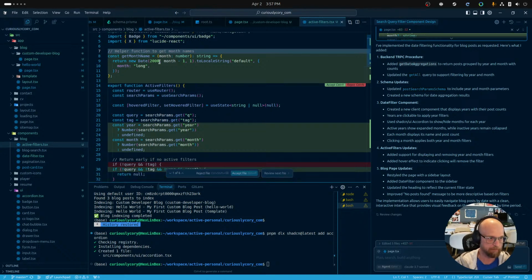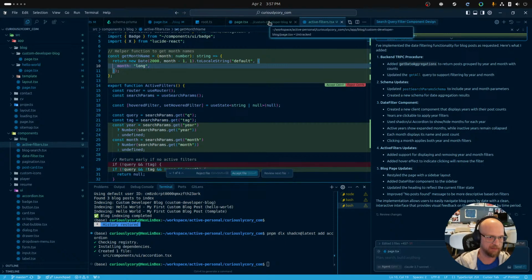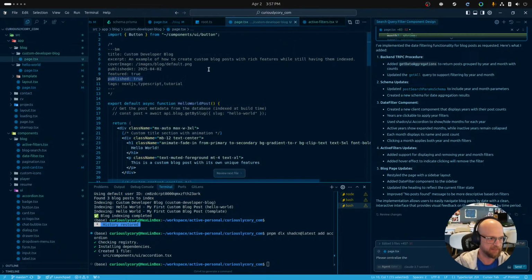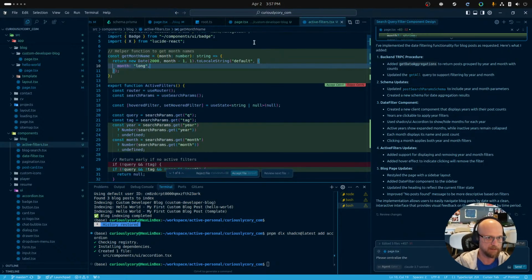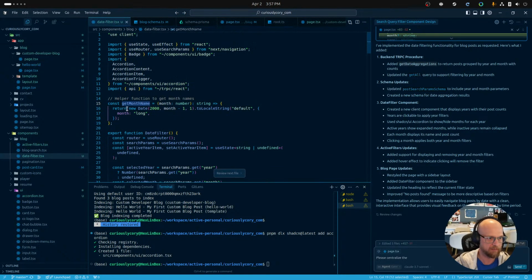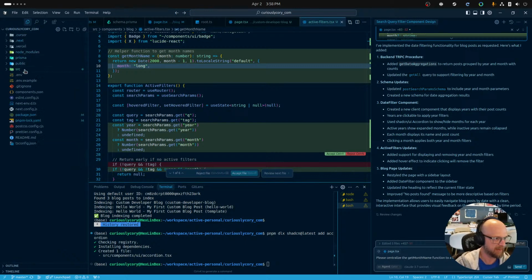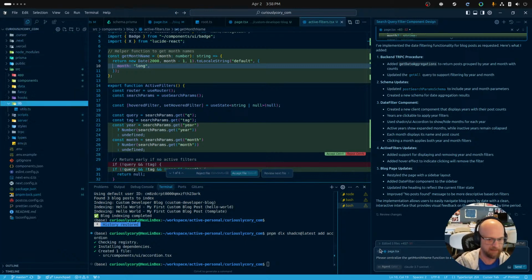Yeah, cool. Oh, we're replicating get month name, huh? Right, that's going to be duplicated between here and the other one. Get month name, yeah. And I'm going to want that in